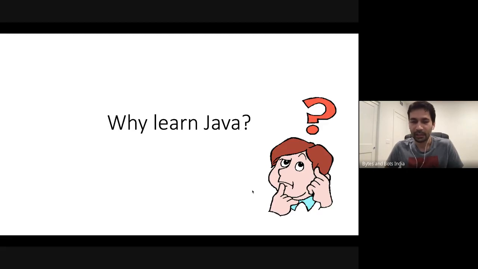the inventor of C++ said every programmer should know at least three programming languages and two scripting languages. So it's very common in the computer industry for one programmer to know more than one programming language and more than one scripting language. So the question is, which language to start with? Java is a great candidate to start learning programming, and we'll see in 10 simple ways why we should learn Java.